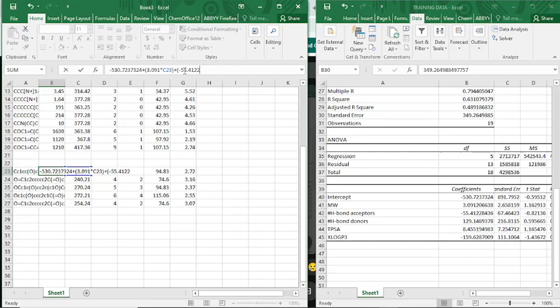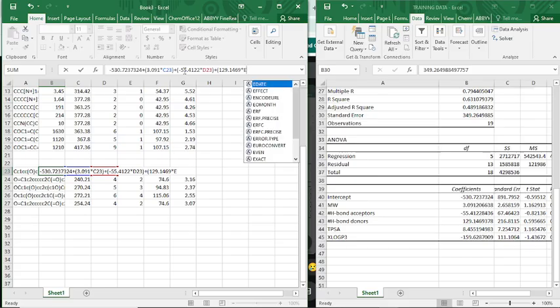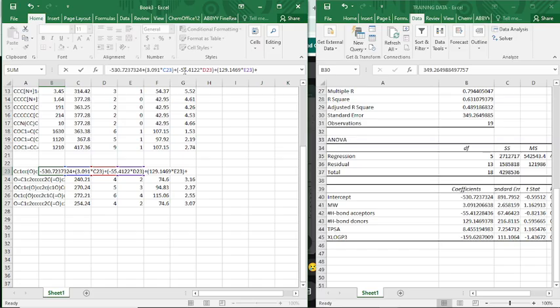55.4122, then times D23, close bracket for my own, plus, open bracket, the coefficient of hydrogen bond donor, 129.1469 times E23, close bracket, plus, open bracket,